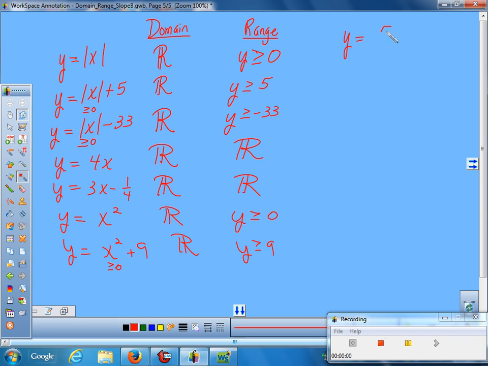If I give you something like 5 over x plus 2, what's the one thing you could never do in a fraction? Divide by 0. You can never divide by 0. So you have to ask yourself, what number makes that bottom equal 0? Negative 2 plus 2 would make it equal 0. This is just like your testing points thing. You can't have negative 2 because that makes you divide by 0. I can have every other number except negative 2.